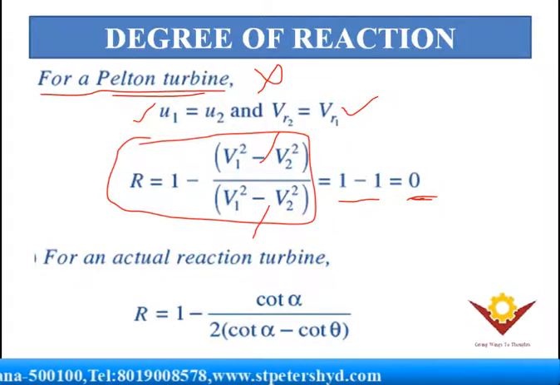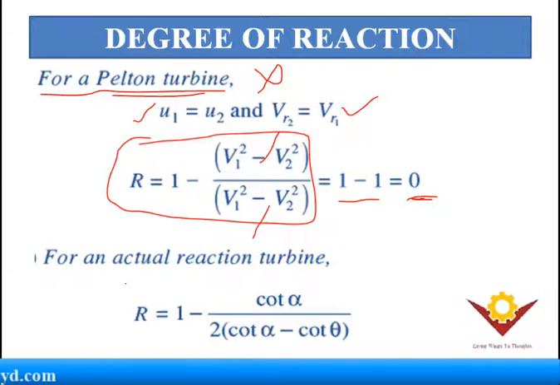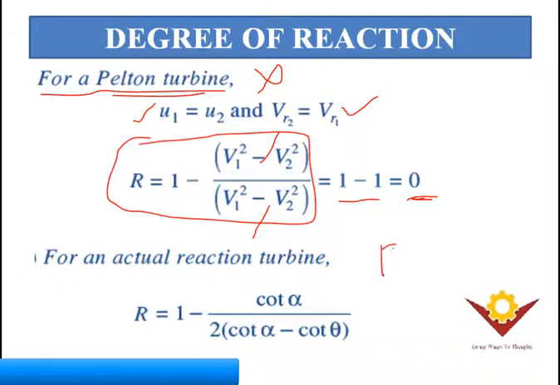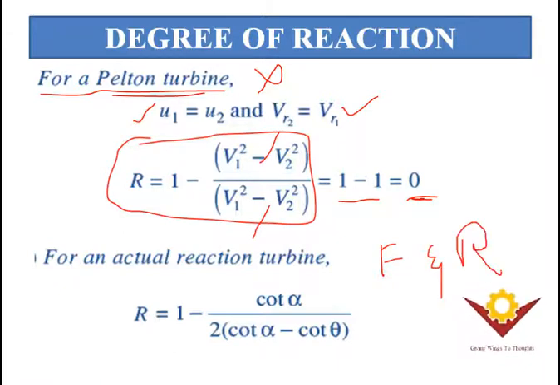Is there any reaction? So first, in your turbines, how are you going to get a reaction? It is the pressure difference between your fixed or guide vanes and runner vanes. So the reaction or the pressure difference will happen in these two while the fluid passes between them, right?